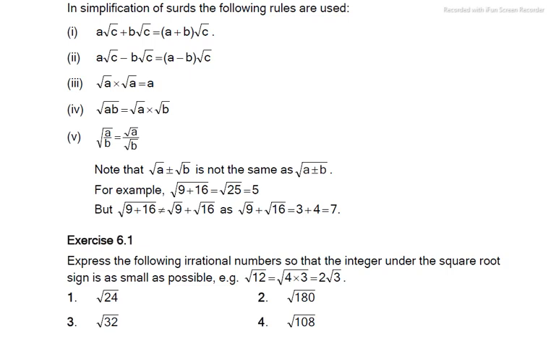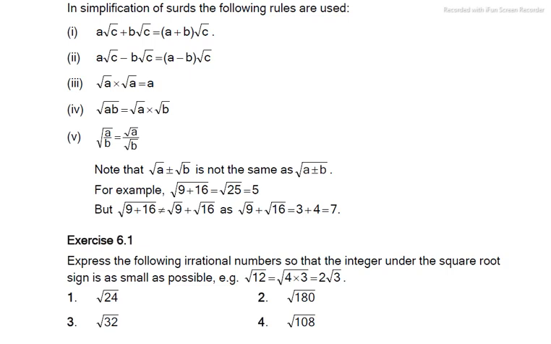Today, let us look at some rules we use in simplification of surds. We have around 5 rules, some of which we have already looked at, and we shall look at some new. Rule number 1 says if I have a root c plus b root c, then I'll add the coefficients